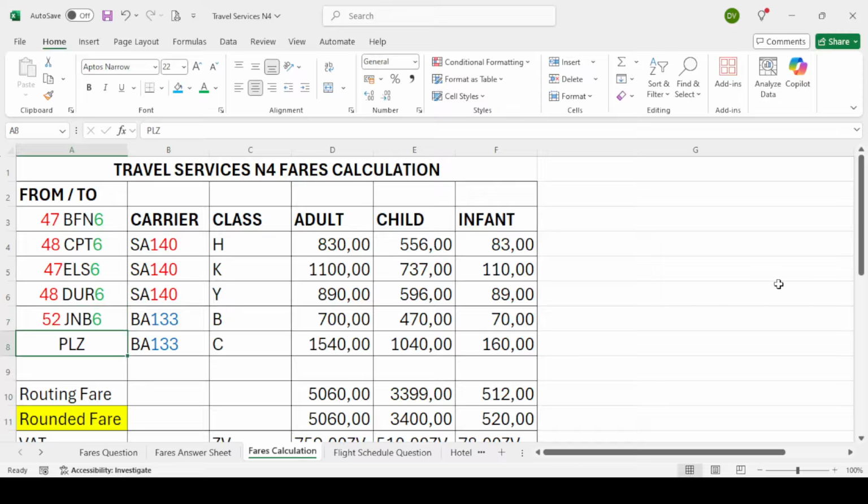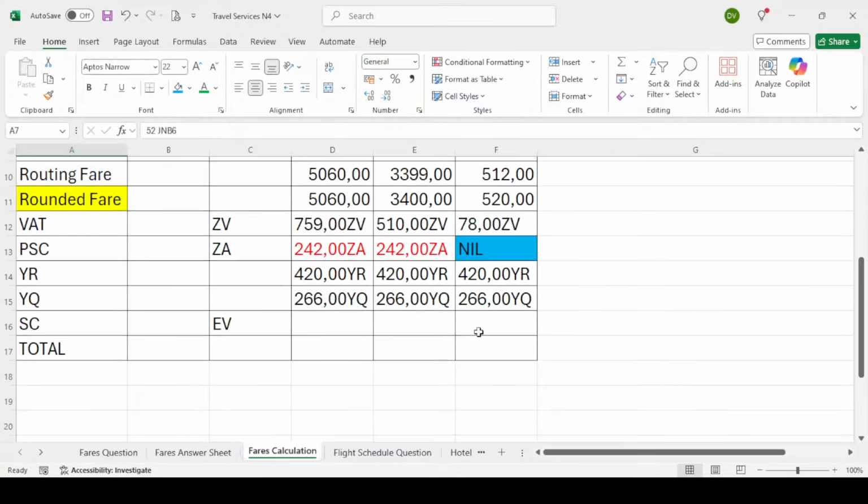You will not charge the R6 from Port Elizabeth. For the same reason why you're not charging PSC, it is because it's not a departure city. You've arrived. There are no more flights left, so you're not departing from Port Elizabeth, and that's why you will never charge SC from the last city on your fares. I hope that's very clear. In order for you to get the total of your SC charge, you're simply going to add all the R6 together. So 1, 2, 3, 4, 5. 5 times 6 gives us a total of R30.